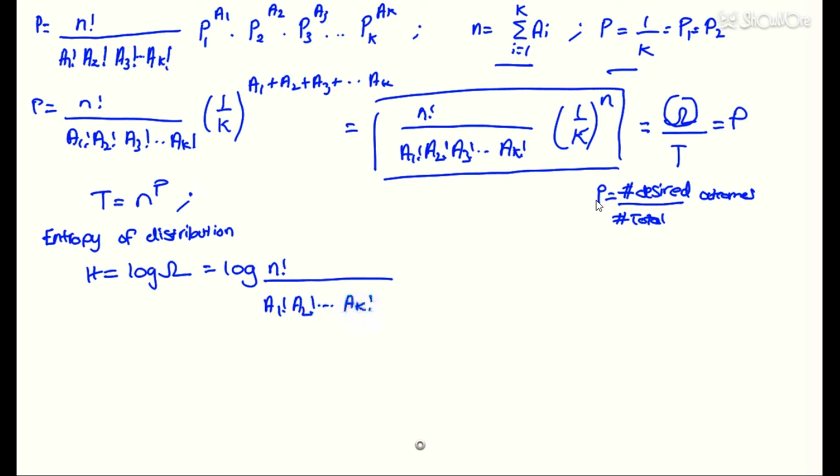This can be written as log n factorial minus log a1 factorial minus log a2 factorial until minus log ak factorial. We must use the rule